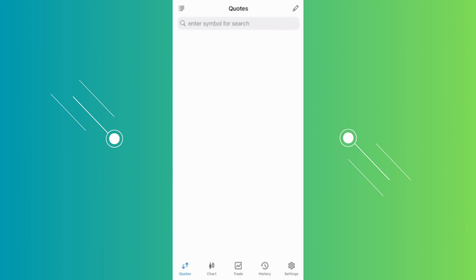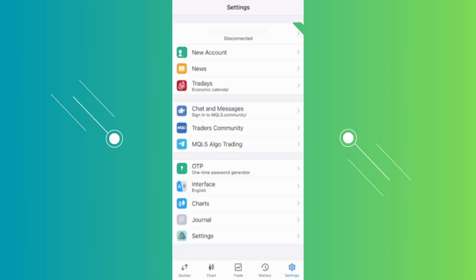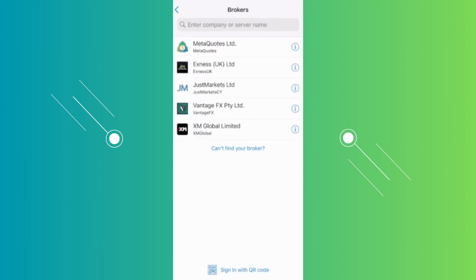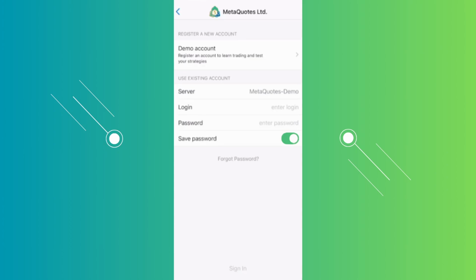So to do that, again, you want to go to your settings at the bottom right of your screen. And from here, you want to go ahead and choose the option here that says new account. And from here, choose the MetaCodes LTD option. Now from then on, you can go ahead and choose the demo account option here, so you could register an account to learn trading and test your strategies. And once you click on it, it will ask you a few things that includes some details that you may want to include on your demo account. But once you've done that, you should now have created, or in this case, added a new demo account here